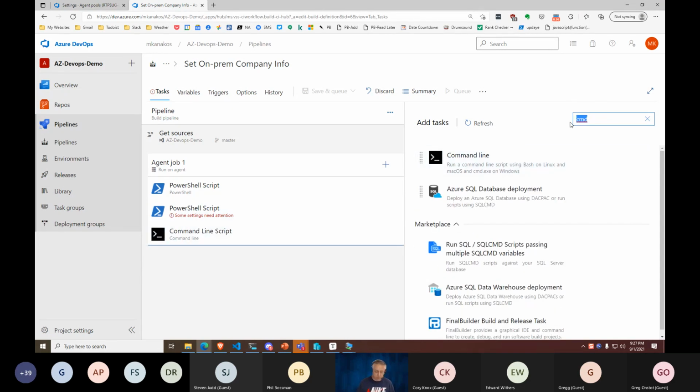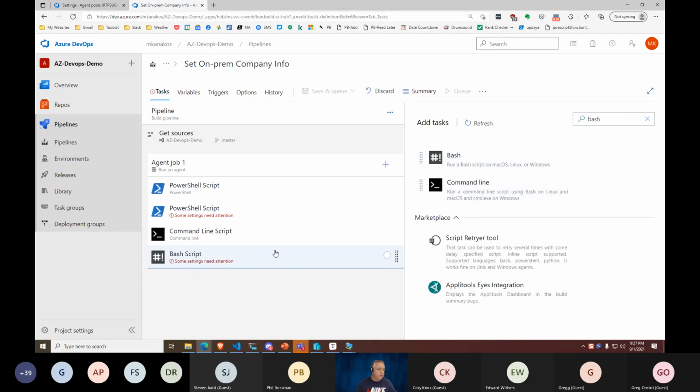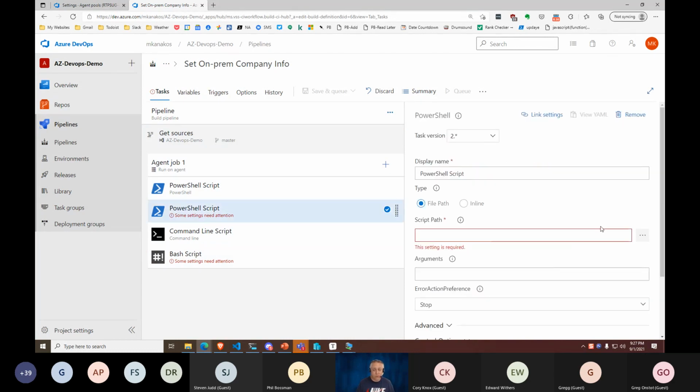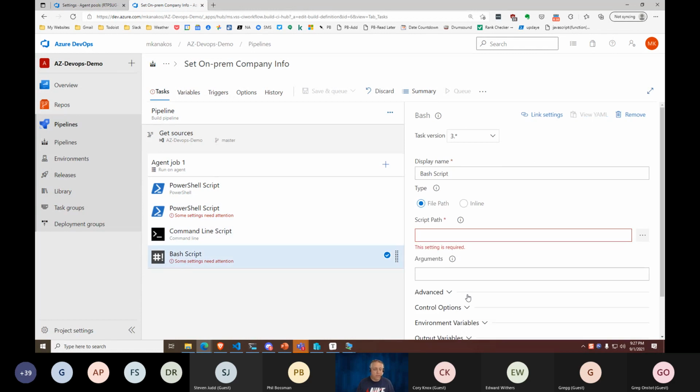And then maybe after that, you need to do some bash. Of course, that doesn't seem logical, but the point is, see how easy this is to do? Now, of course, for each one of these, you'll have to set up some settings, right? And each one of them have logical settings. But once you get used to this interface, you get a lot of options that, honestly, you just can't do